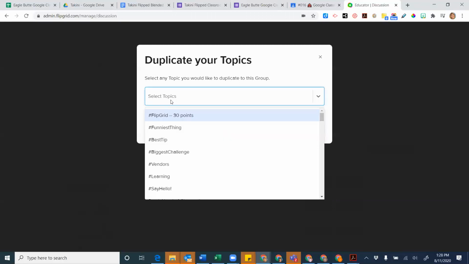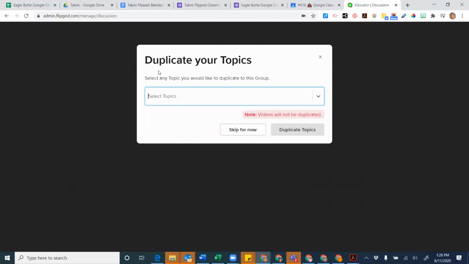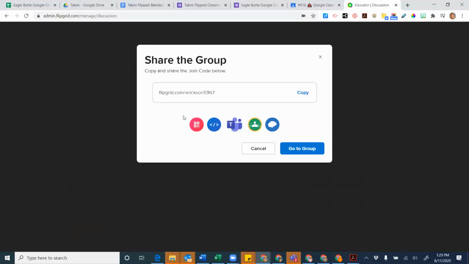Now I can select topics. And so I can duplicate topics if I want from other grids. And so this is awesome if I want to create a grid for one class and then be able to replicate it, I can do that. And so you have that option. So I'm going to skip this. Here is my